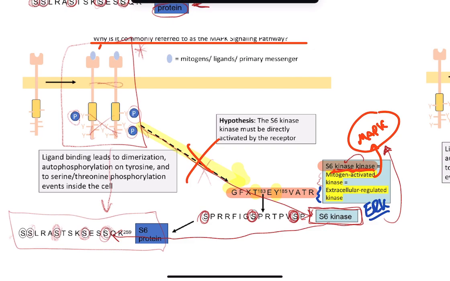So they went from, okay, S6 protein, can it be phosphorylated from the receptor? No. Okay, how about the S6 kinase? Can that be phosphorylated by the receptor? No. In other words, if the S6 kinase is not being phosphorylated by the receptor, that means there has to be an S6 kinase